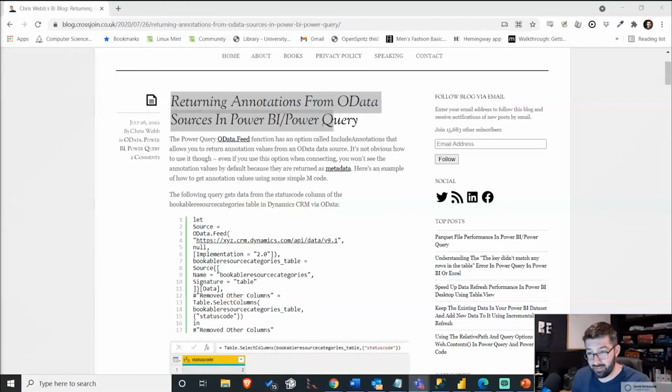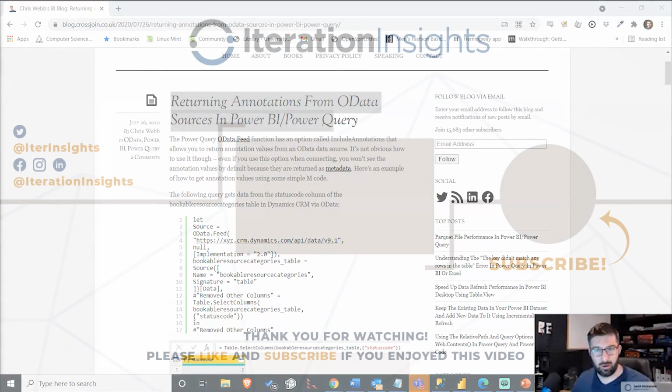So hopefully you guys found this useful and are able to make some use out of it in the future. Are there any